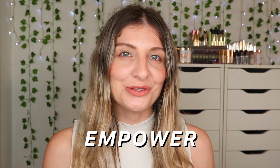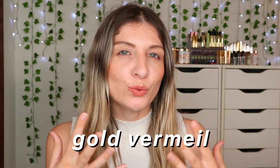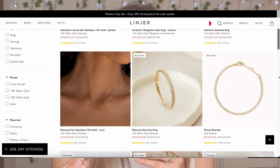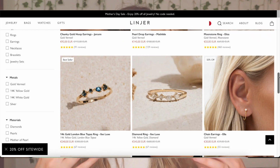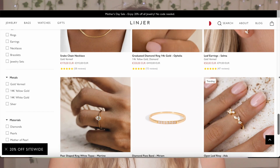The brand's mission statement is simply to empower women through their jewelry pieces, which are sustainable and all at fair prices as well. What I found interesting is they use what is called gold vermeil. So it's like sterling silver at the base, and then it is plated with 22K of gold, like a thick layer, something like that. So I found that very interesting as well. They do have solid gold pieces, but if you want more affordable pieces, they use gold vermeil. Another important factor to consider when choosing the brand called Linjer is the fact that they are truly sustainable,